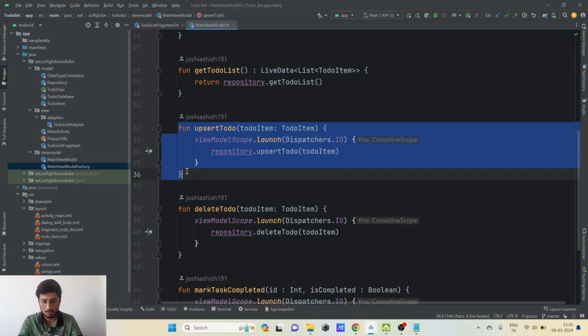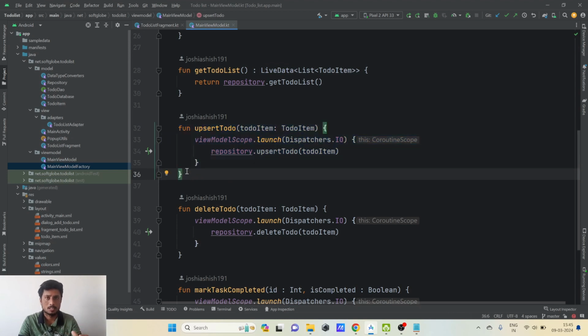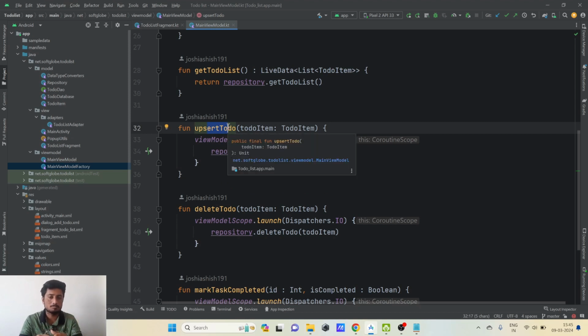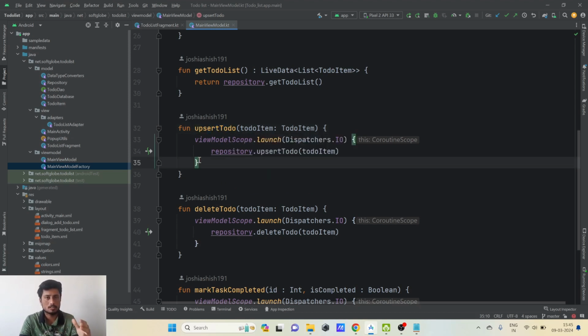This is an upsert operation, that is insert plus update, that is upsert. The Room library has come up with another annotation, that is upsert. Previously it was insert and update, now an upsert operation is there. So the advantage of using that annotation is that if we already have a similar item with the similar id, and we have some fields changed, that is, the item is updated, then if we are using this operation, it automatically updates the same item. So we don't need to write different queries for insert and update. So both of the two things can be handled in this itself. And